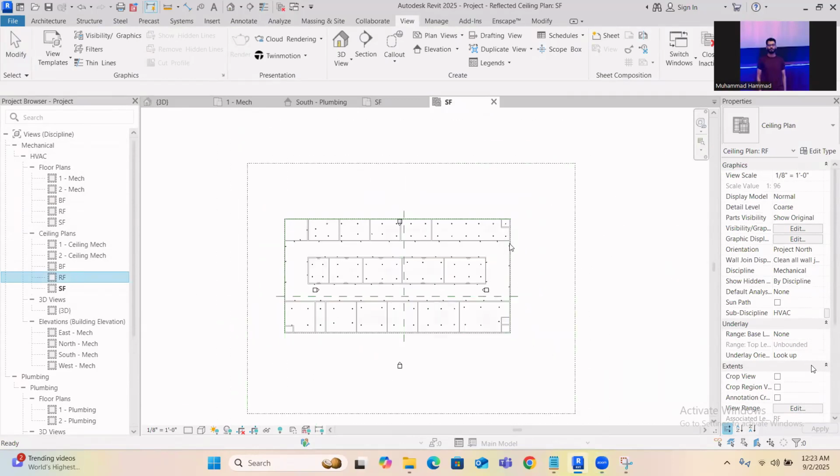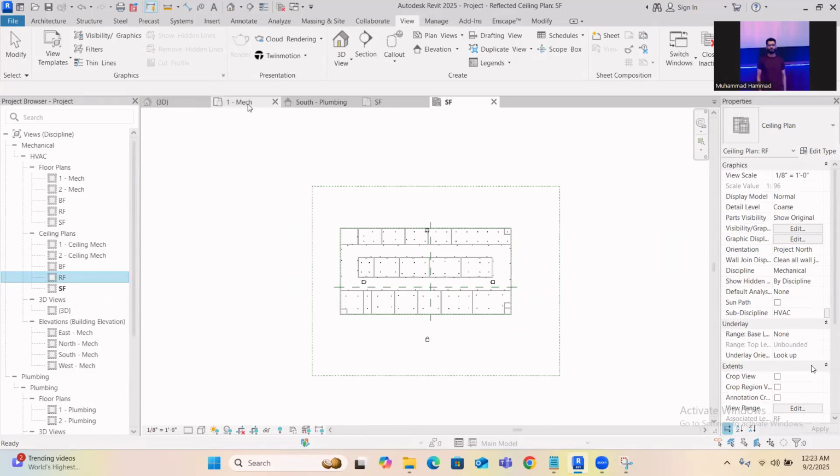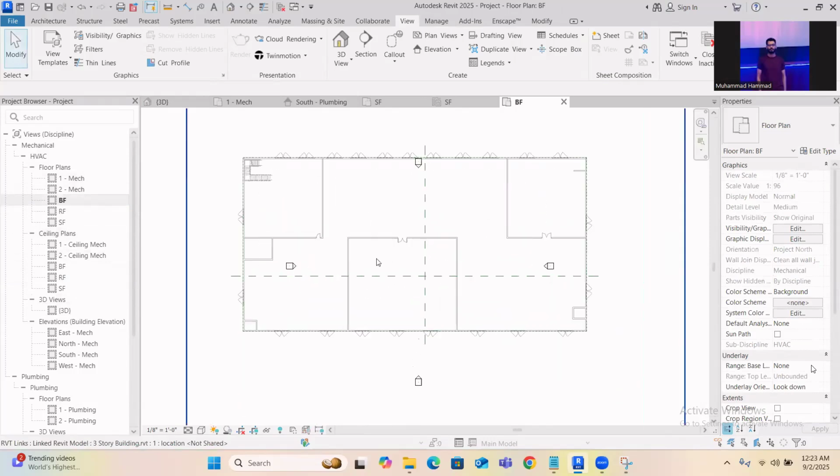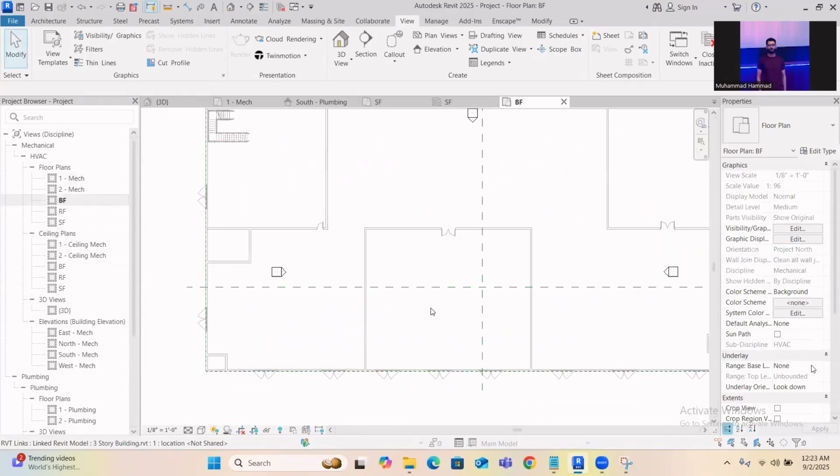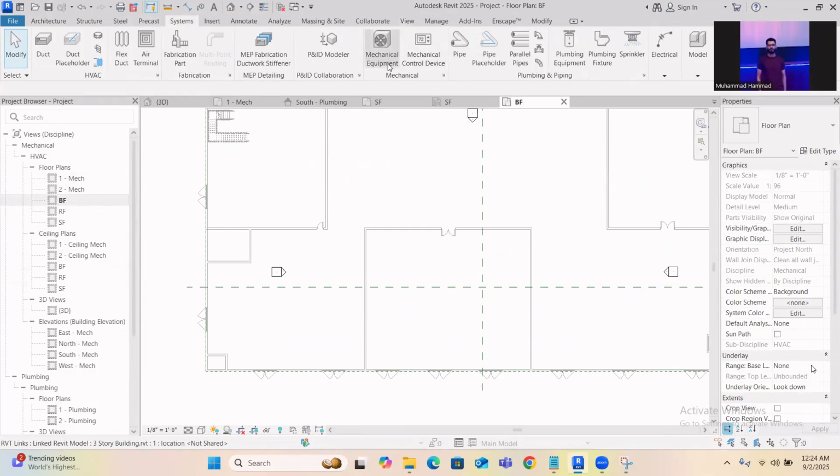The other main command to learn is uploading the equipment in this model. So for that, let's first place the chiller at the basement level. This is the plant room, and now I have to place the chiller in this plant room and the centrifugal pumps also. For that, I have to go to this system command, and then I have to choose